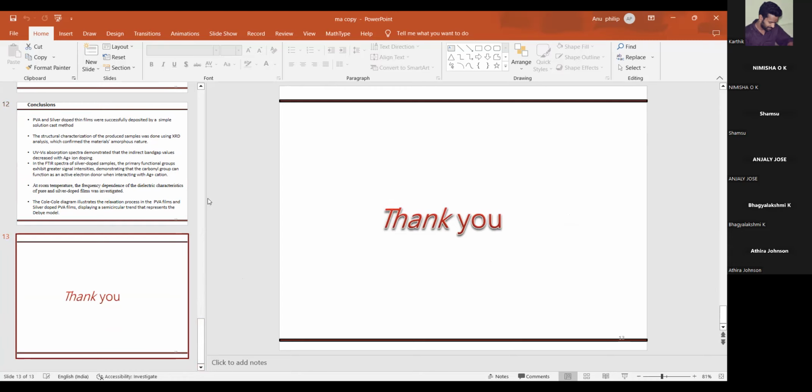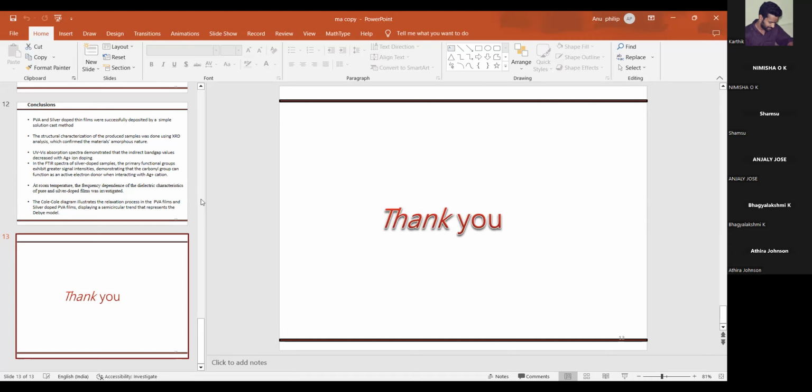Anu, I would like to know, you said you have doped the sample with silver, right? So how did you do that process? Actually we are using the solution casting method. We prepare PVA solution and then a 0.1 millimolar silver nitrate solution is prepared, and we stir these solutions, transfer to a petri dish and keep it in a hot oven for 48 hours at a temperature of